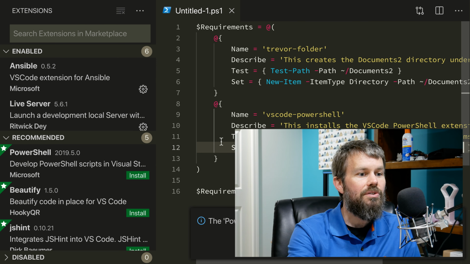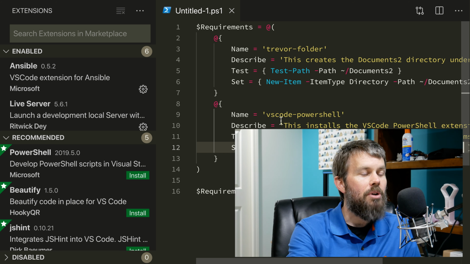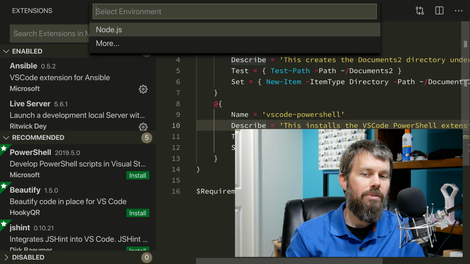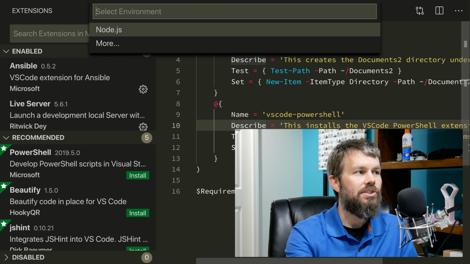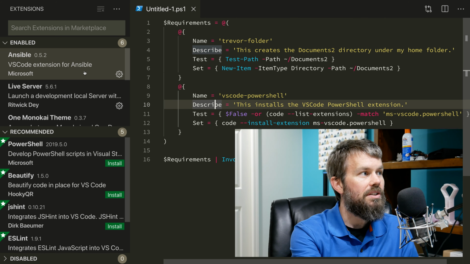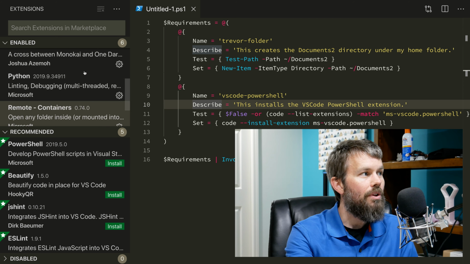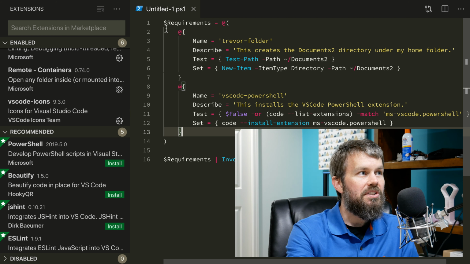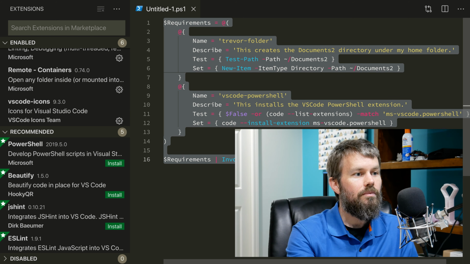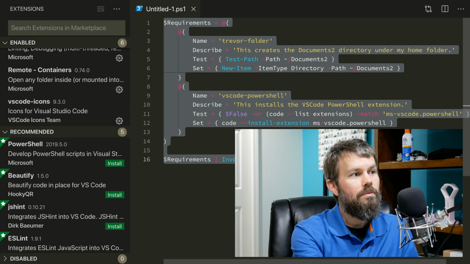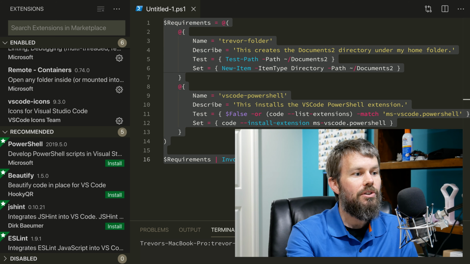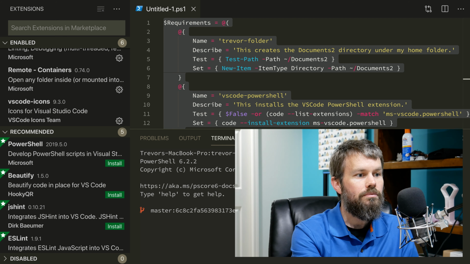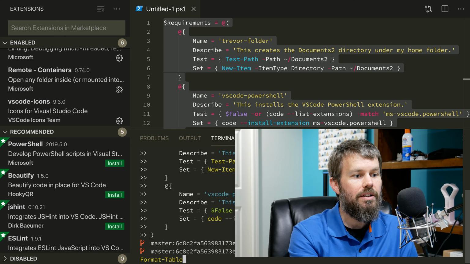And as you can see, we still technically have syntax highlighting, but we don't. If I do function F5 here, you'll see that we don't get the typical behavior where PowerShell executes my script, right? And if we look at our list of installed extensions here, we no longer have the PowerShell extension installed. So if I were to take this script and fire up a new PowerShell session here, and then just paste that script in,